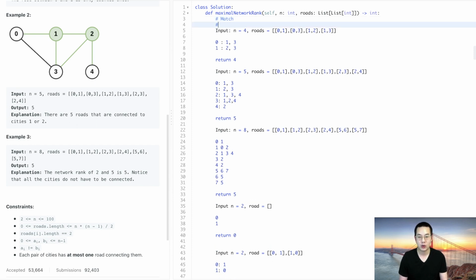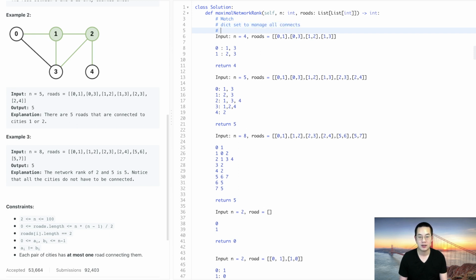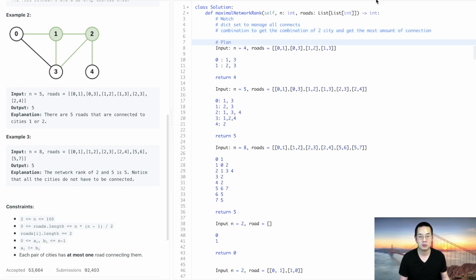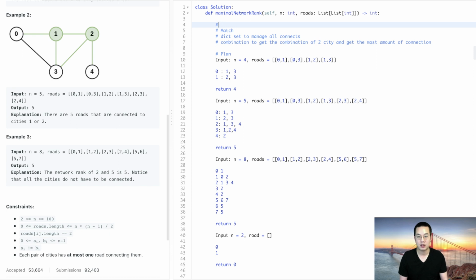Our match is going to be using a dictionary set to manage all connections. And we're going to use a combination of two cities and get the most amount of connections. So the plan, well, before we make a plan, our time and space complexity, I'm predicting, is going to be